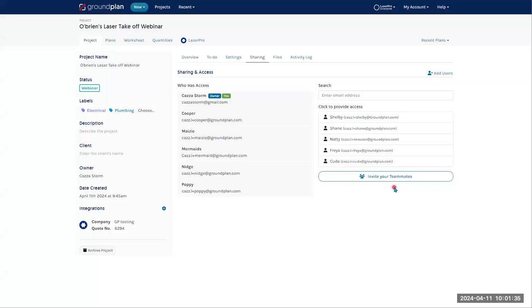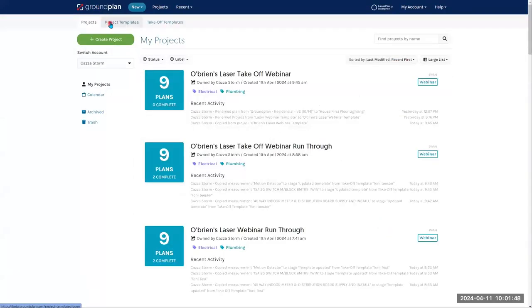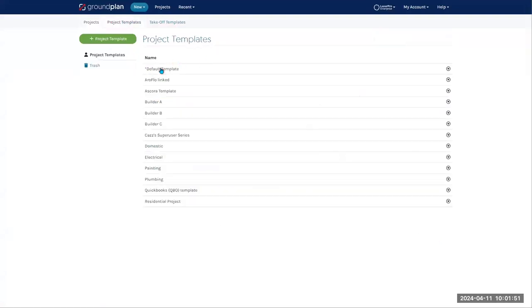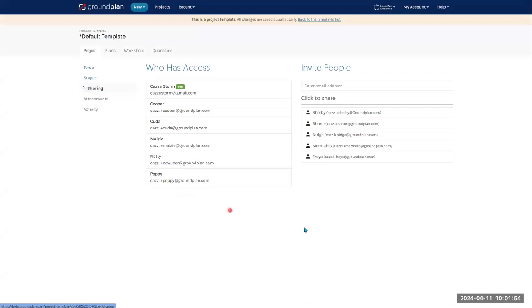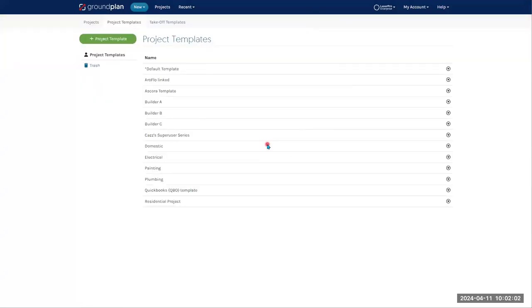I have pre-set up my sharing options. So whenever I create a project, these set people are always shared into them. This can be done via our Project Templates tab. So heading to my Ground Plan logo, clicking onto my Project Templates, we go into my default template here, and under Sharing, I can easily add and remove users from my sharing template. You'll see that I have a number of templates here. So if you do have different divisions or different teams with different sharing requirements, they can all have their own template set up for that automatic sharing. Heading back into my project,